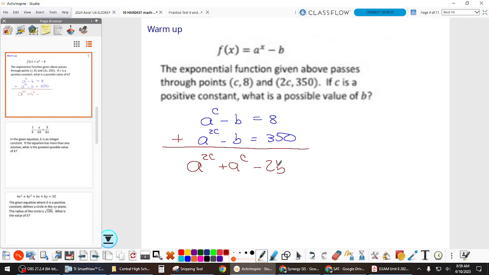If we subtract them, what would happen to this? Maybe we should do that instead. Are you guys good if I subtract it upside down? Just because I could have written it that way if I wanted, and then I don't have negative numbers. Negative b minus negative b. Is everybody good on that? 350 minus 8. Good? So we've gotten rid of b. If I bring this 342 over,